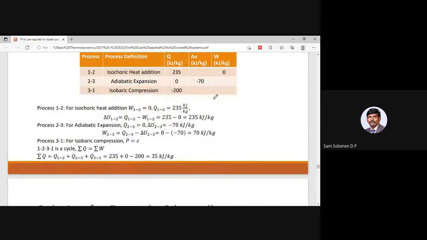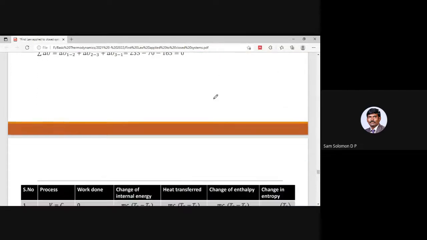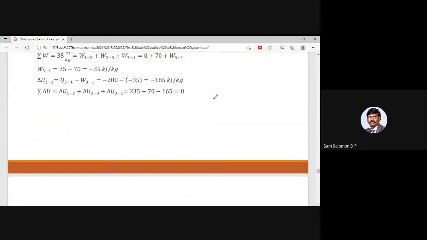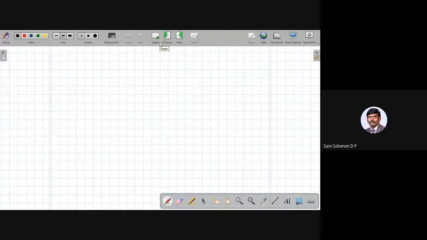So just like we found out, this is the solution which I'll share with you. Okay. Till now, what we have seen is the first law applied to the different processes. And so far, we have discussed W equal to integral PdV for various processes. This we have done already.